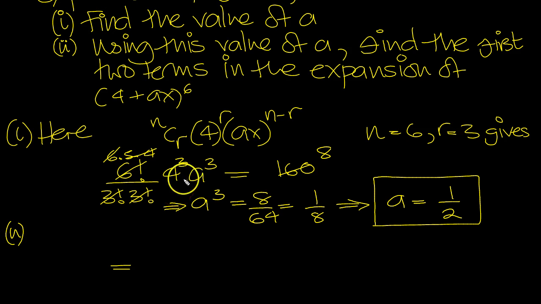So look at part 2 then. Find the first two terms in the expansion. So we need the constant term. This would be when n is 6 and r is 6. So the first two terms: when n is 6 and r is 6, it would be 6C6, 4 to the 6, and that would be the constant term, plus the x term would be when n is 6 and r is 5. So it would be 6C5,